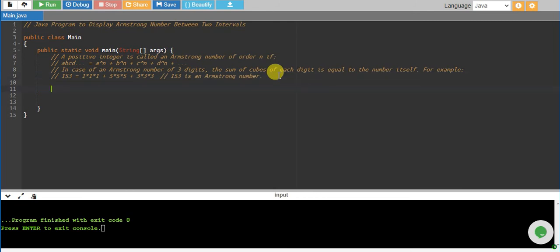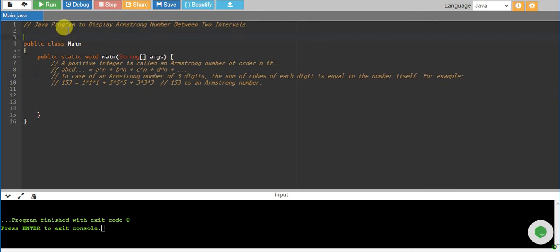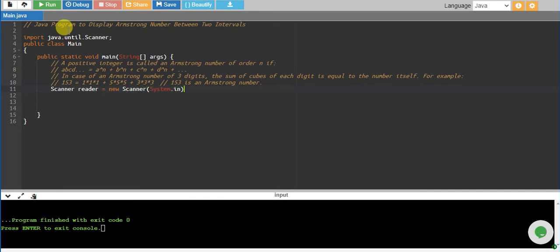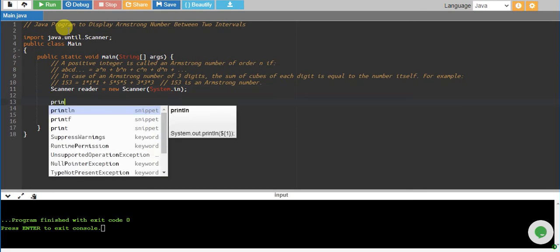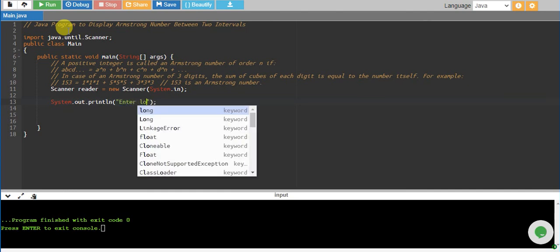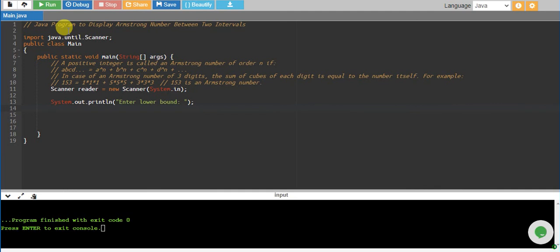Let's implement it. We will need to take input from the user. So let's import, not Python, sorry, but the Java library java.util.Scanner, and we'll need to create a scanner object named reader equals new Scanner(System.in), because we want to take input from the keyboard. We'll ask the user to enter the lower bound, and we will store it in a variable called lower equals reader.nextInt, and we'll do the same for the upper bound as well.